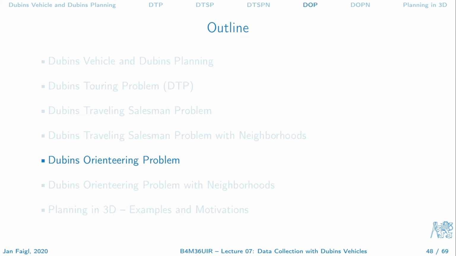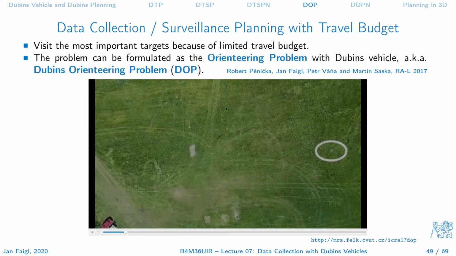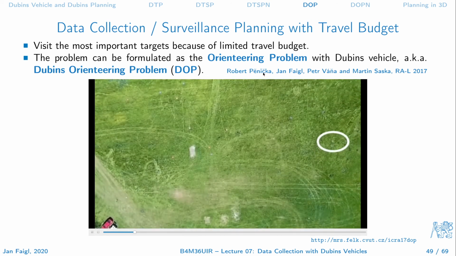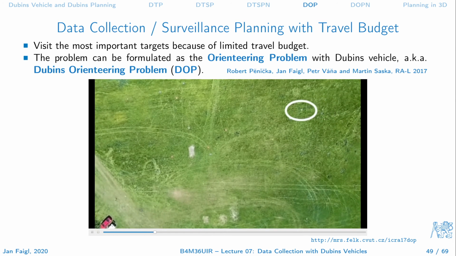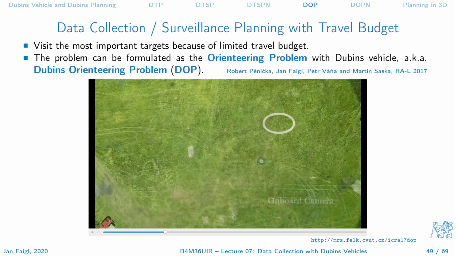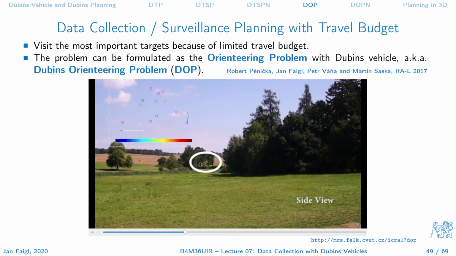So having the solution of the Dubin's touring problem, the solution of the Dubin's traveling salesman problem, and the solution of the traveling salesman problem with neighborhoods, you can ask what is the extension of the orienteering problem to a Dubin's vehicle. And this has actually been introduced to the community by Robert Penička, and surprisingly, there was no such previous approach, so we believe this is one of the very first, and it is motivated by deploying these aerial vehicles in a scenario to capture some